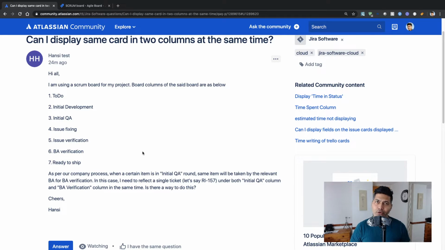Now, when you talk about issues in Jira, you have a workflow. And a workflow has nothing but different states. And based on the type of workflow you're using, you might have transitions. Now, the point here is that at any given point, at any given time, you have issues part of a